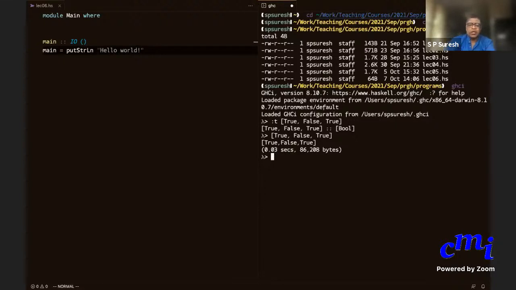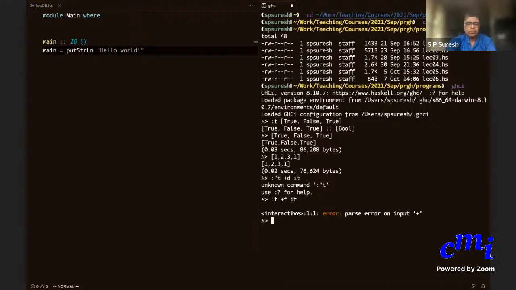Yes, it will just return it. I can write 1, 2, 3, 1. That's a list. If you ask for the default type, it will say list of integers.